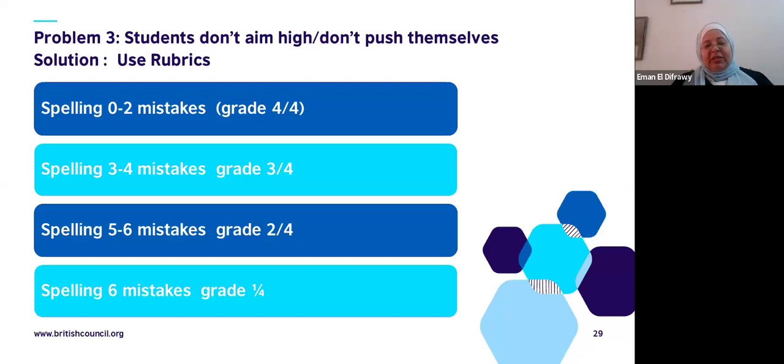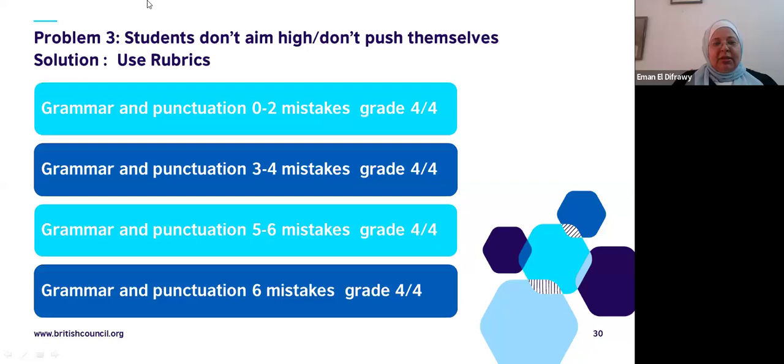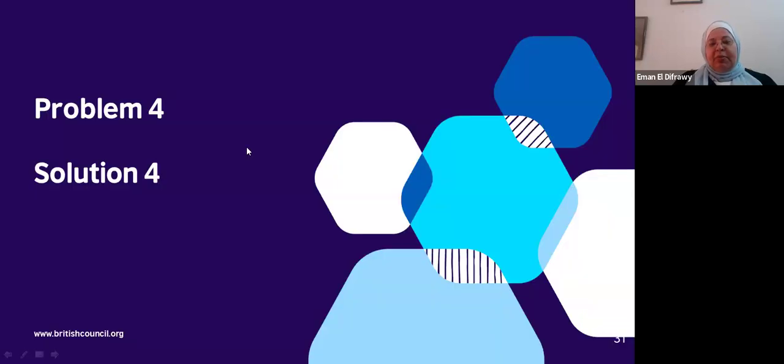From 5 to 6 mistakes, 2, 6 and above, 1 out of 4. Okay. So this was about the grammar and punctuation. The same thing. Okay, from 0 to 2, 3 to 4, 5 to 6, and so on. Okay, so this was problem number 3 and the solution to